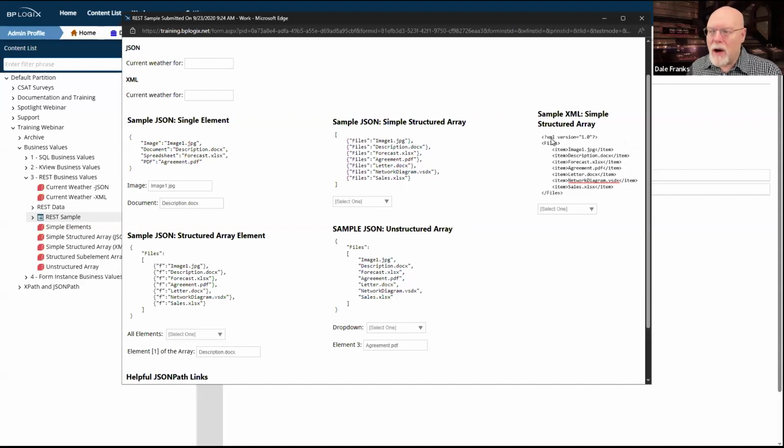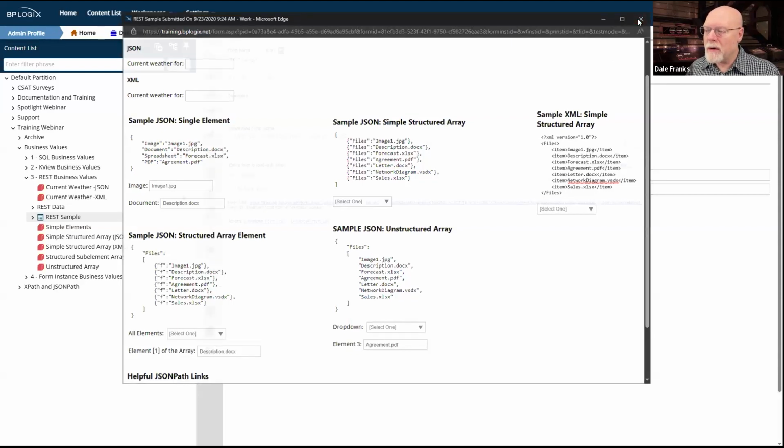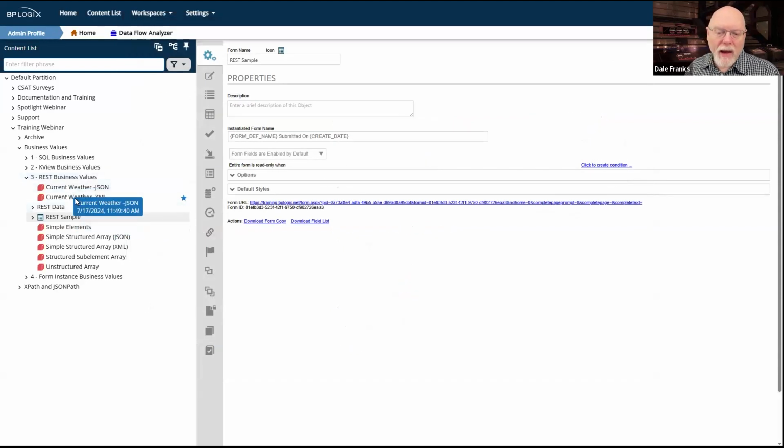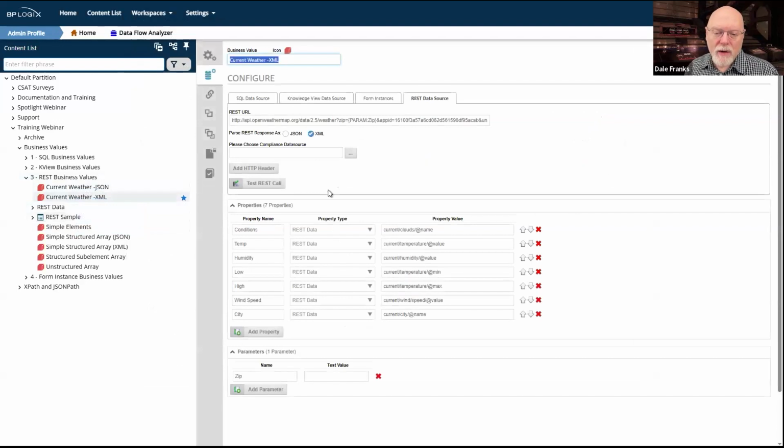And that's because in Process Director, when I have a business value, so we'll go back to the one we were looking at a bit before, to be able to extract data from the big text file that gets returned, whether it's XML or JSON, I need to be able to navigate through the data nodes that exist in that REST document so that I can extract specific data items from that document.